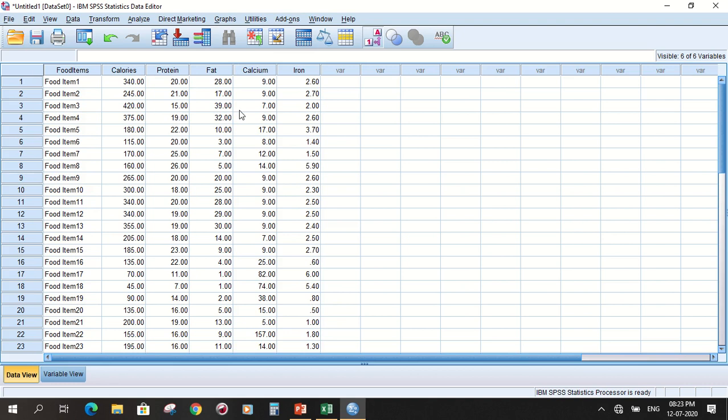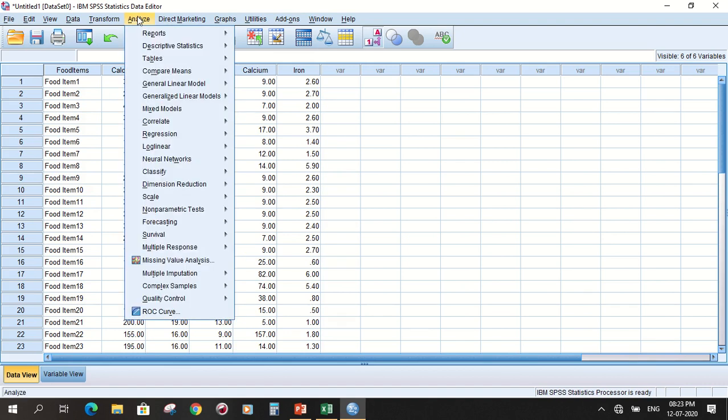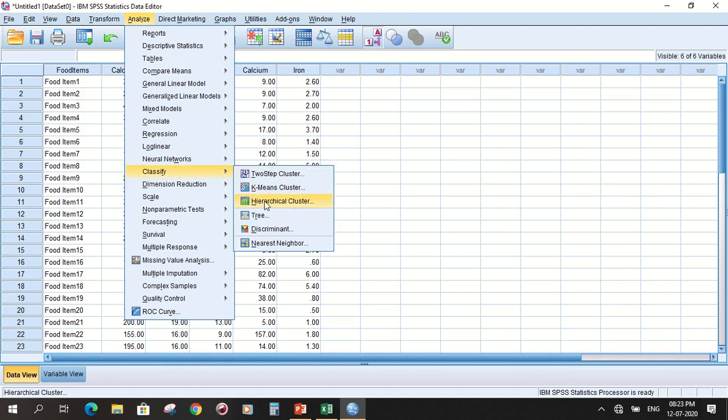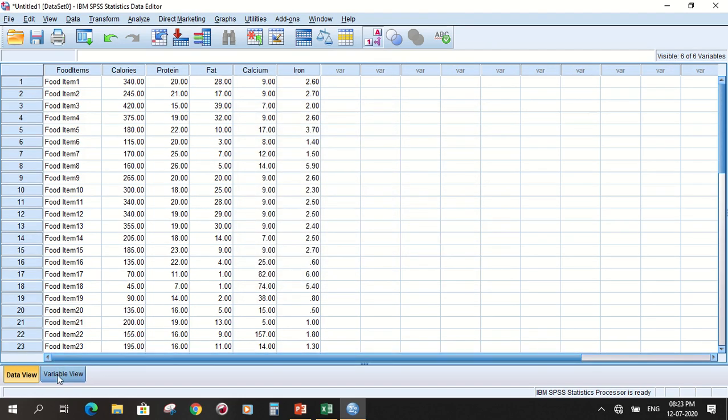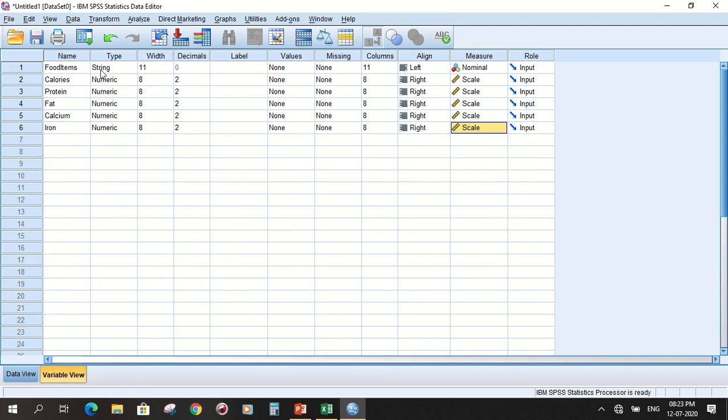For the cluster analysis, go to Analyze, then Classify, and then Hierarchical Cluster. We can see in the variable view that food item is a string, meaning it is a characteristic, so it is nominal, and these are all continuous data.